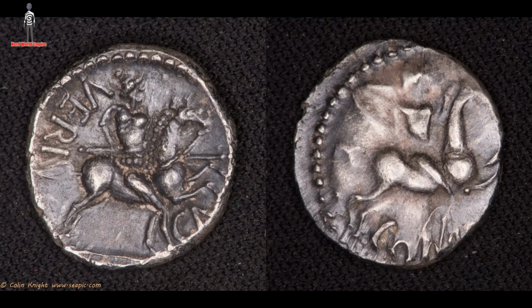And after the Romans take over, the actual local production of coins practically ceases. In fact, I don't think there's any local production of coinage after the Roman conquest. I think all coinage used in Britain comes from Europe afterwards. It's actually stamped in Europe, not in Britain. So it has to kind of come back after the Romans. And even then it took a while because the Vikings and the Anglo-Saxon period, the Dark Ages basically, they used